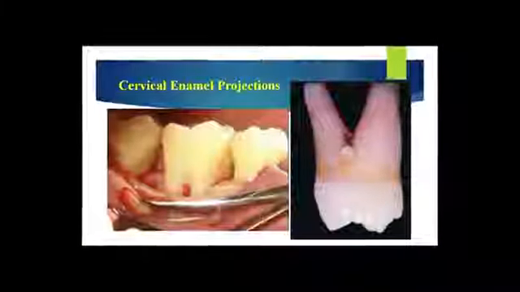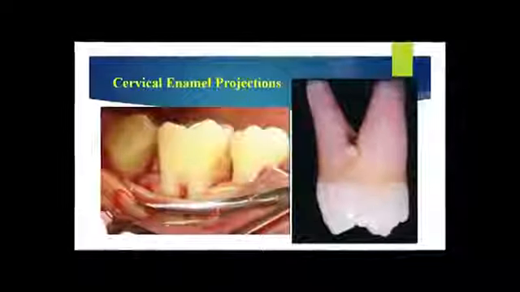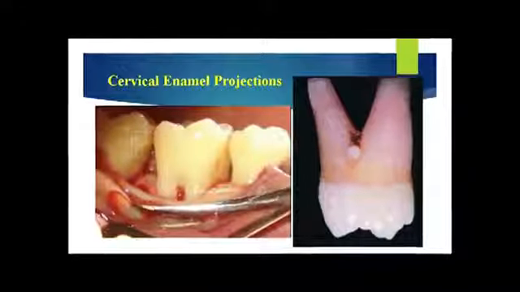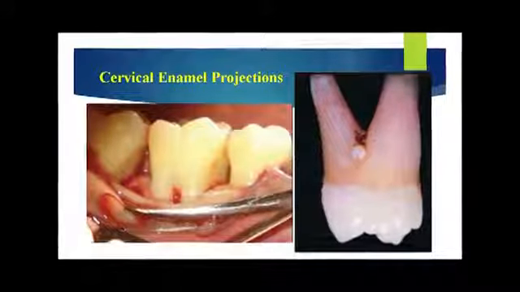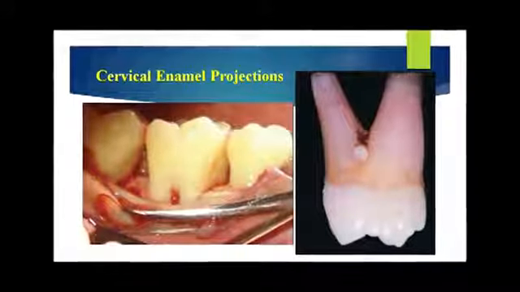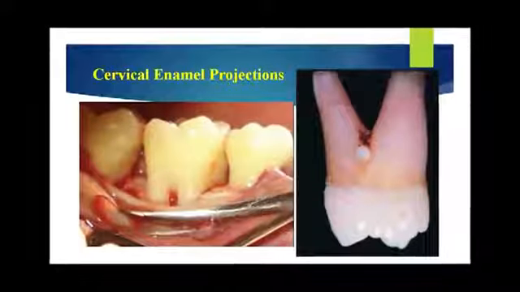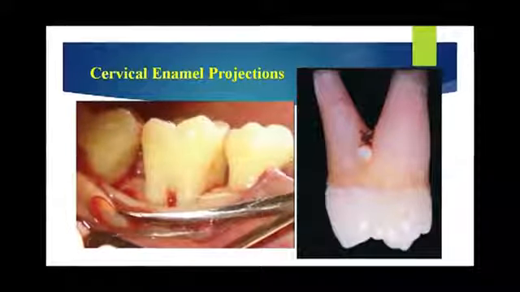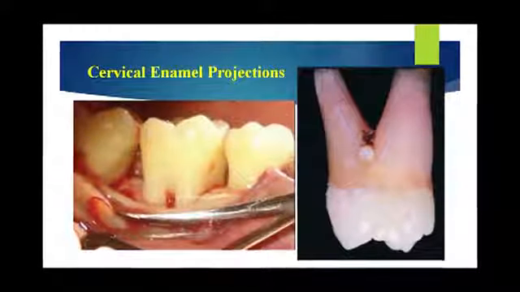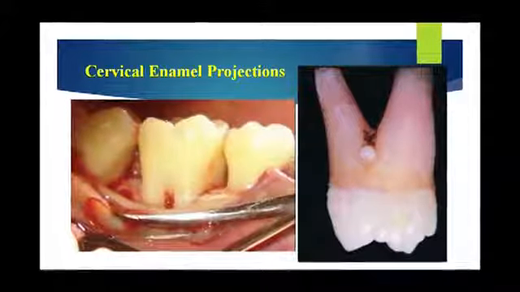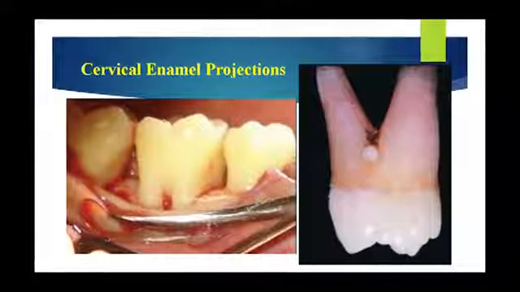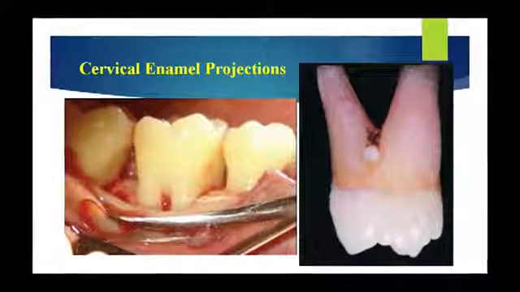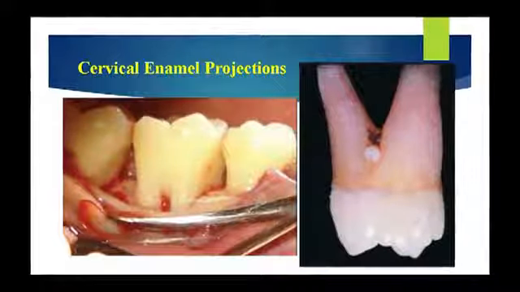Then cervical enamel pearls. I'm sure some of you have come across teeth that have these pearls or enamel projections. You've come across some of them, or you've seen them in pictures. These are plaque retentive. They are irritants in that area. They create a nidus for the formation of plaque and the progression of the disease. It is more challenging for you to root plane an area which already has an obstacle.